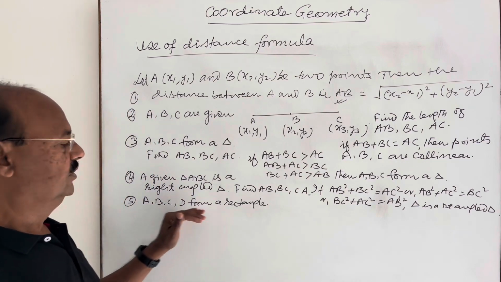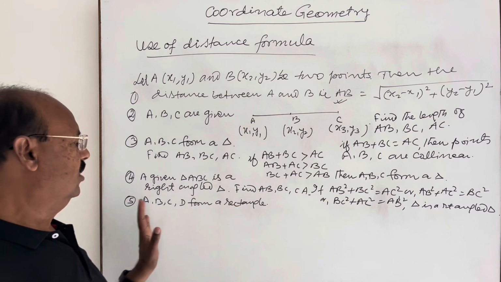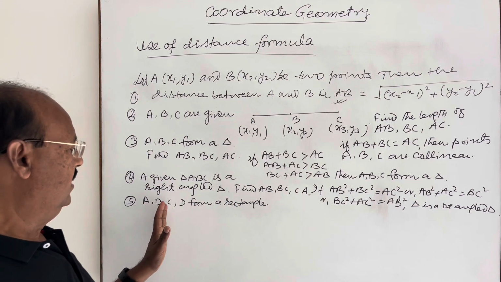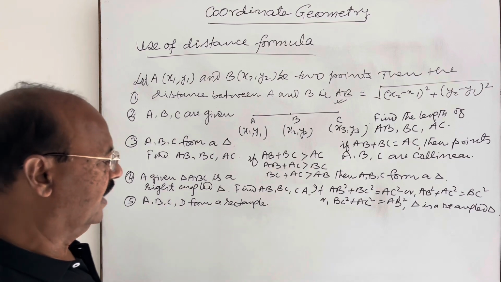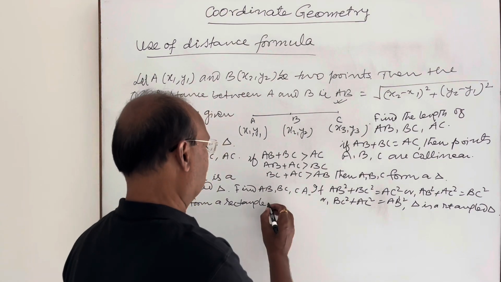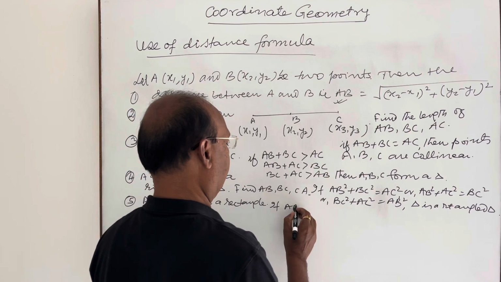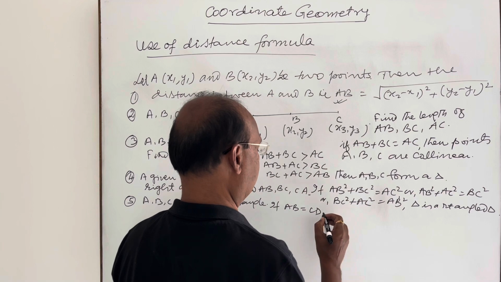How can we show it? How can we prove it? Here also we will find the length of line segments AB, BC, CD and AD. So in a rectangle, if opposite sides are equal, means if AB is equal to CD as well as